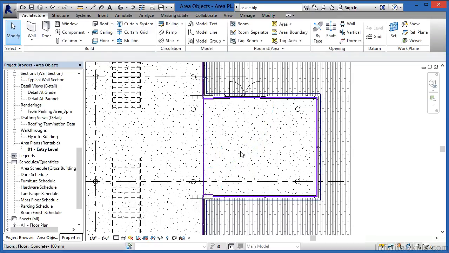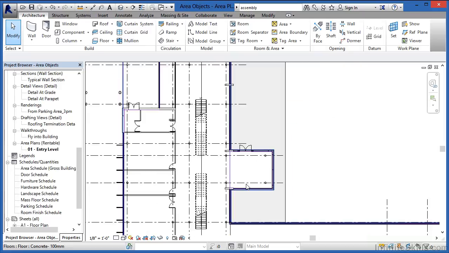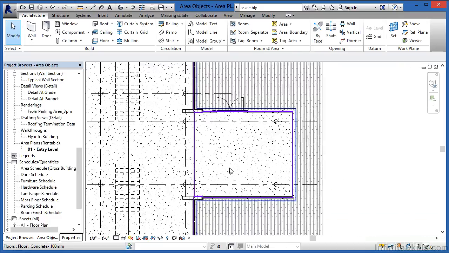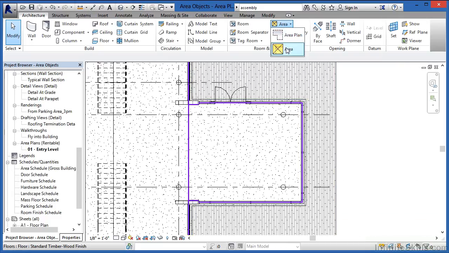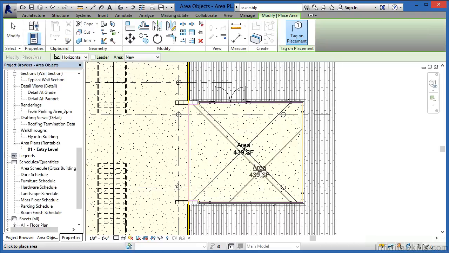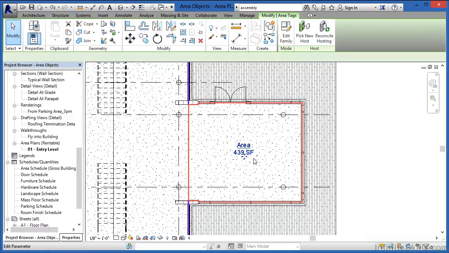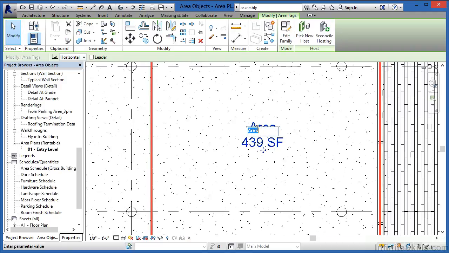If I hit escape a couple times on the keyboard after drawing this line going across, I'll come up here to the square footage and I'm looking at 16,958. Now I'm going to move down here, select on area, then area again, and then click, and we can see this square footage now is 439 square feet. If we wanted to specify some different information for this, we could just click in here. We couldn't change the actual square footage name, but we could always change the name of area to be something else by just clicking on the word area and then typing in something new.